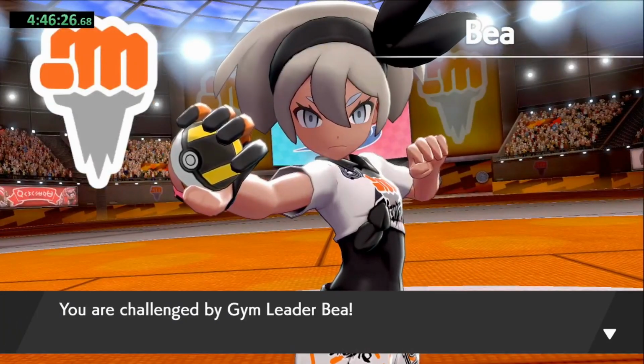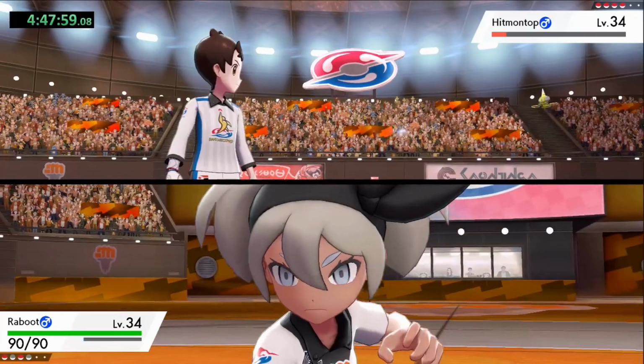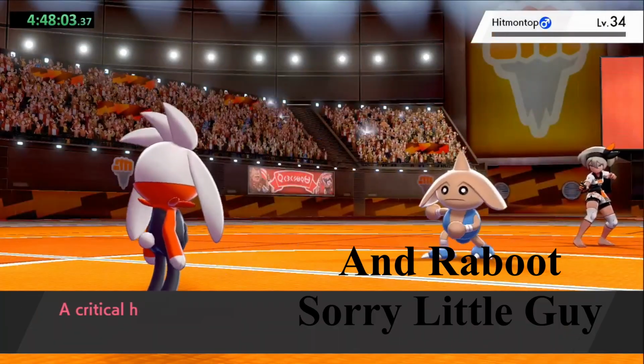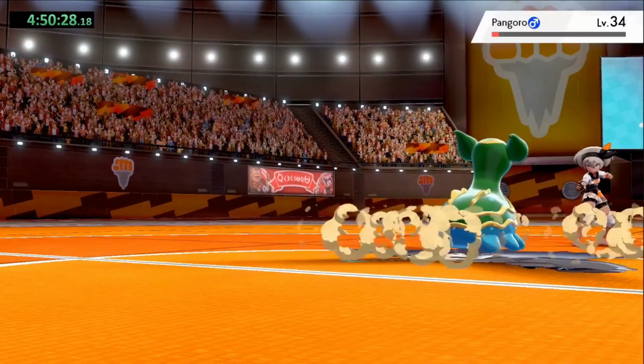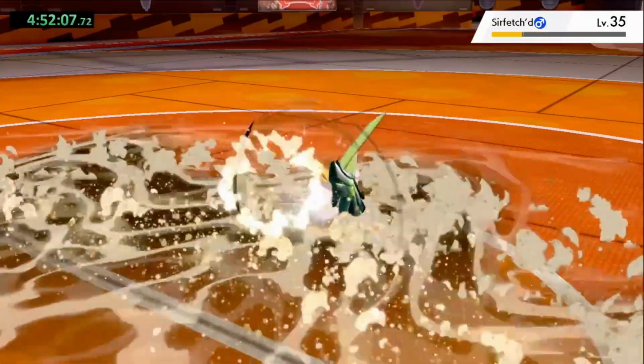This gym fight was actually terrifying. Hitmontop with Revenge and Quick Attack? Cleaned out my whole team except the monster Gastrodon. Almost single-handedly, Gastro dealt with the entirety of Bea's team,